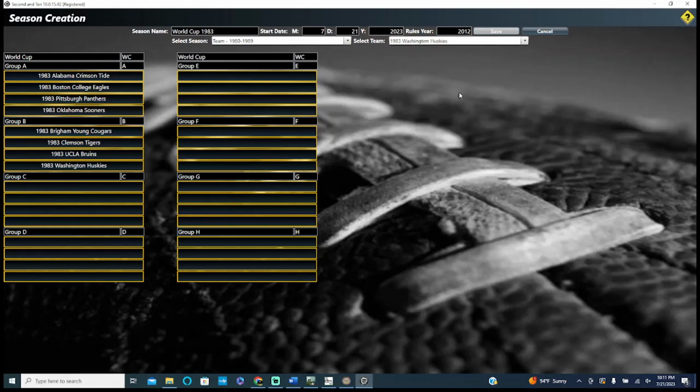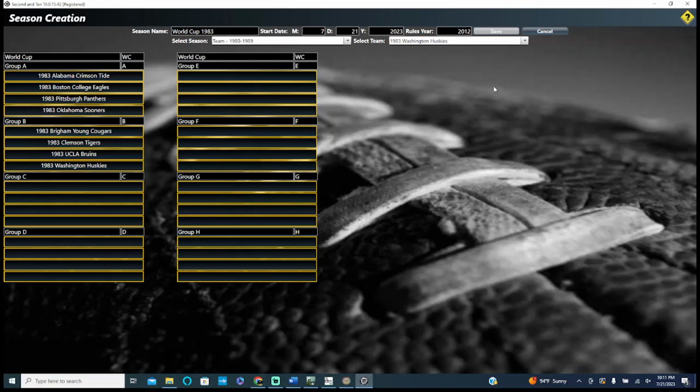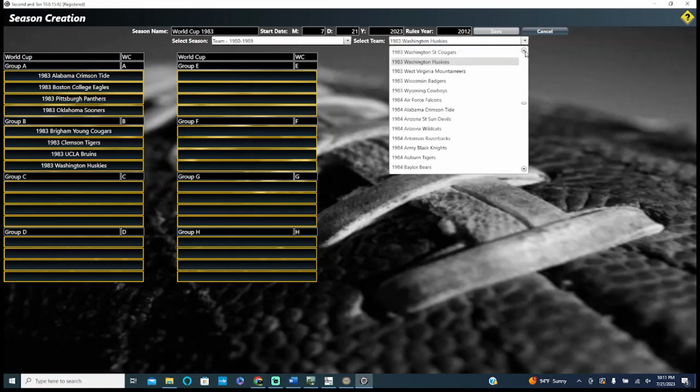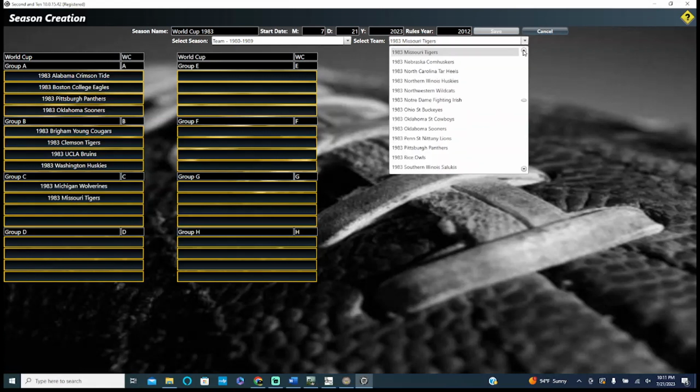So I checked there. They're all 83. They're all good to go. Group C, Michigan, Illinois, Missouri, and Penn State. There's Michigan. There's Missouri, Illinois,